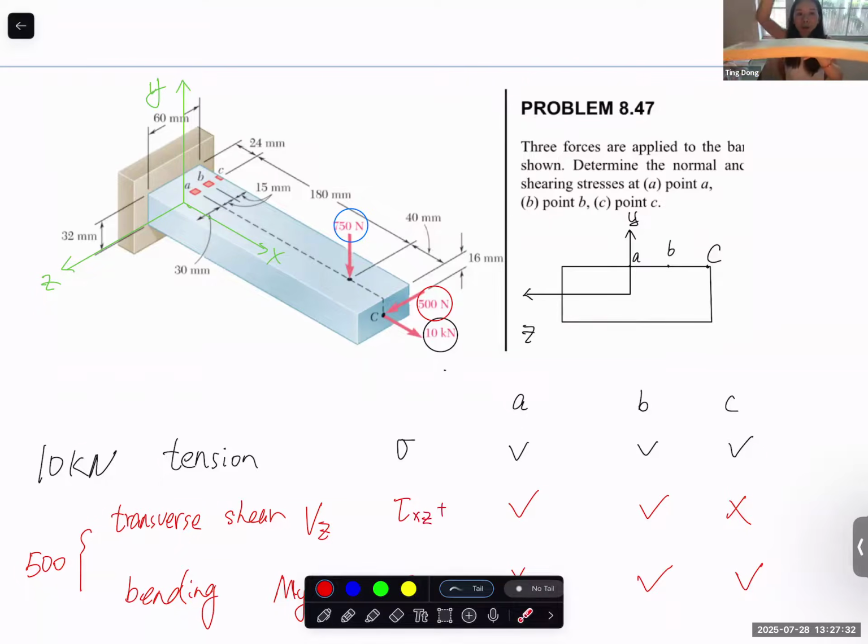How to generate sigma y? Let's say upward is the positive y direction. I fix the bottom part. There's a boundary condition at the bottom part: I use a support or clamp on the bottom part. I apply a force in the y direction. This will generate a compression, a negative compressive normal stress, sigma y. Or I pull the top surface,